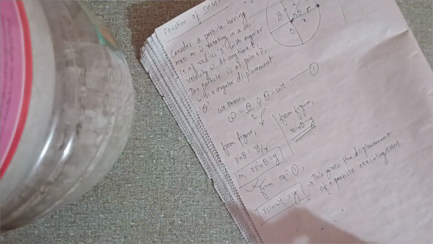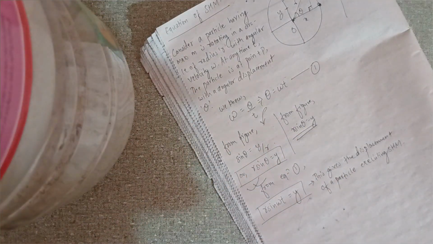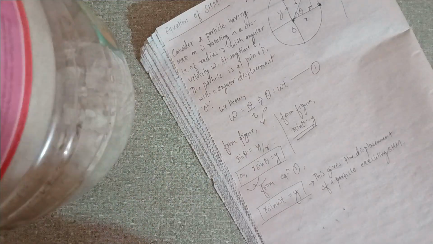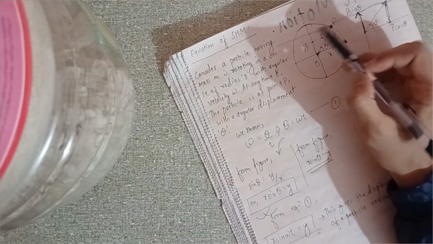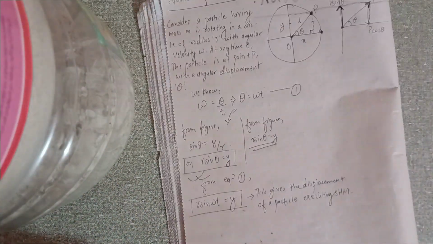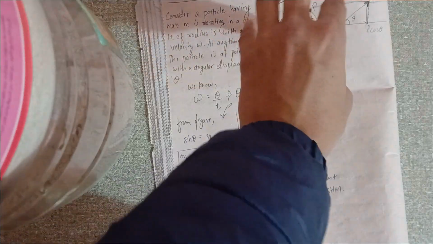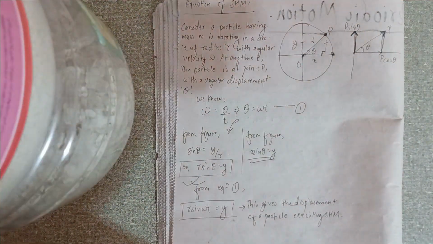Motion of particle along the circular orbit is not SHM, but its projection along the diameter gives displacement of particle. And by the way, the particle is actually in circular motion. It is not actually in circular motion, it is like executing SHM, but